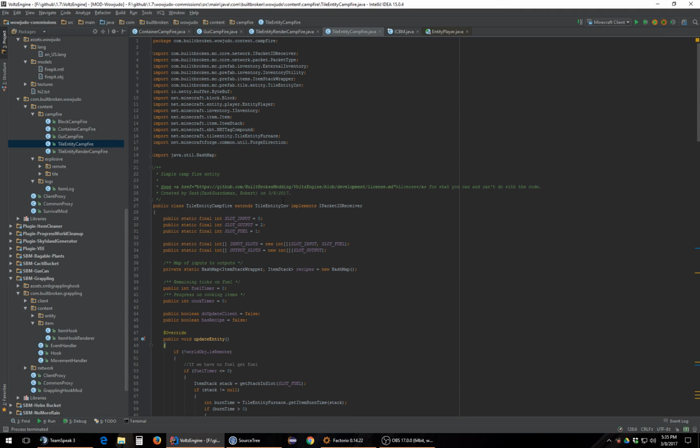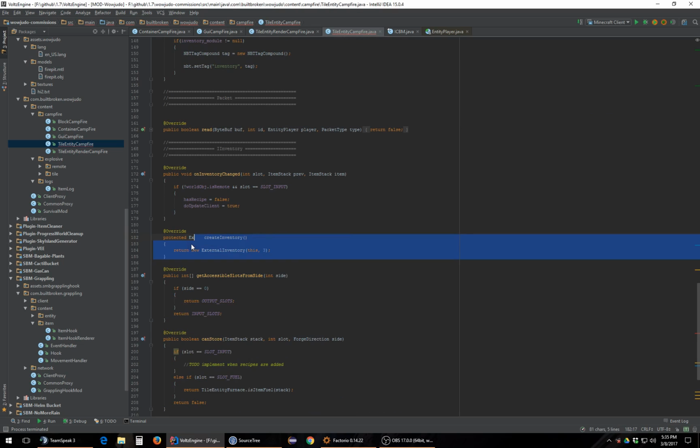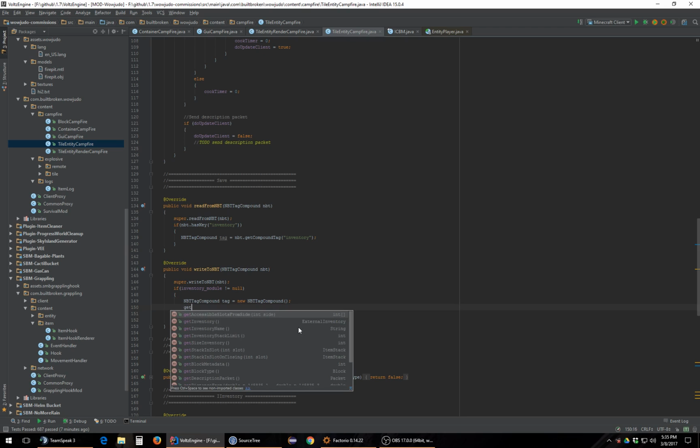This gives me a chance to go up here and do external inventory, which is what I actually want to do. Then we change it here to external inventory, because that's what we're using, and external inventory has save code in it, which I can't call directly without casting. I wanted to make sure we put that before I start calling save and load on it. So this will be get inventory